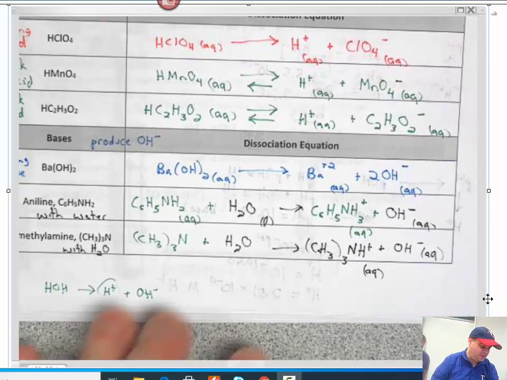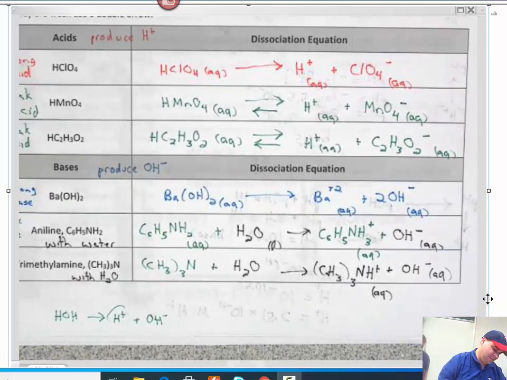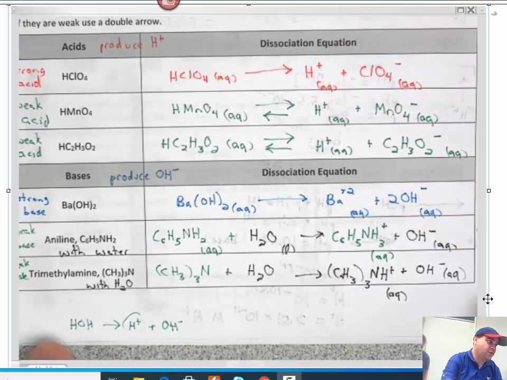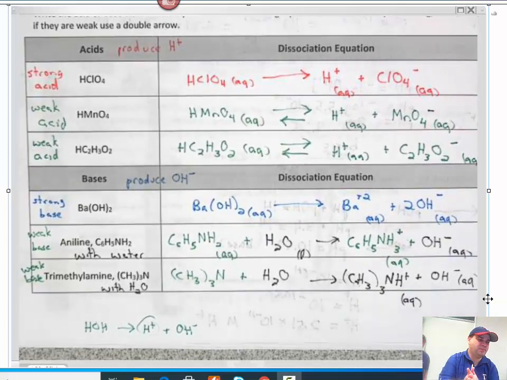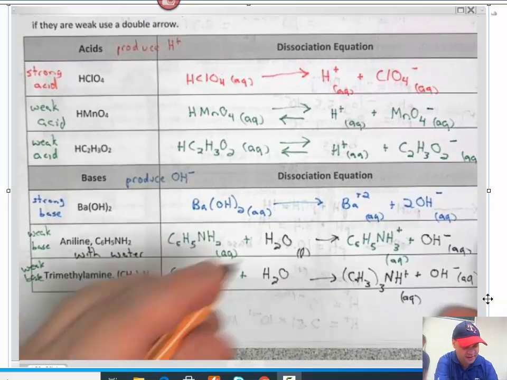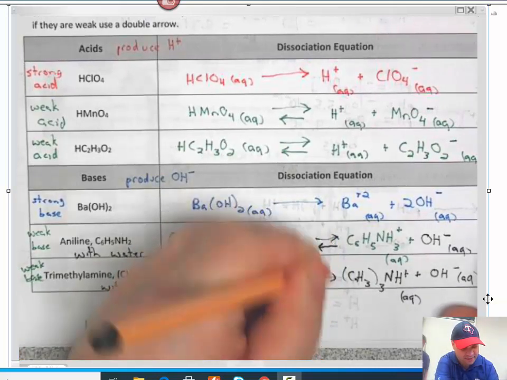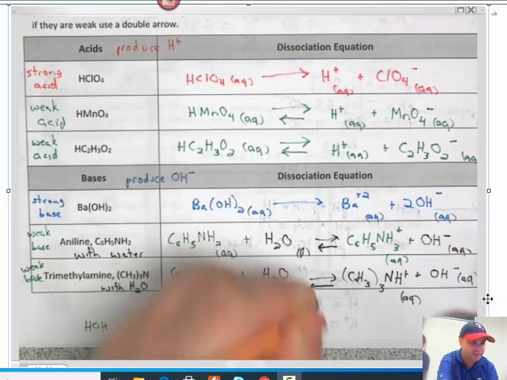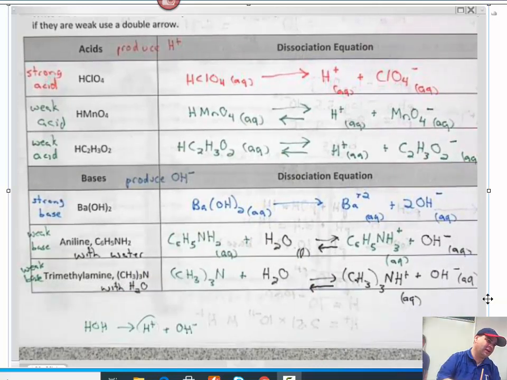Now, my astute students here, if you're paying attention, you will notice the one mistake Mr. Harridan made here, doing those two. This is a weak base, and this is a weak base. So my arrows are supposed to go forwards and backwards because this is in equilibrium, because it partially dissociates. Good thing you caught that, Mr. Harridan. Good job. Give yourself a pat on the back. Okay. You guys are champions. The legend is